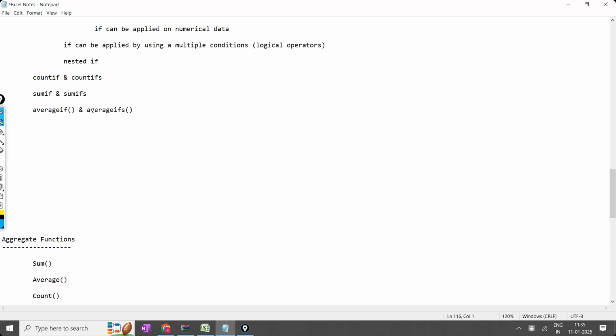So let us discuss the next function, called lookups. Next function is called lookups, and that is one of the most important functions within Excel. Next we are going to discuss lookup functions, and along with this we are going to discuss pivot tables. These are the two things we are going to discuss. This will continue in the next class, that is on Friday, after the holidays.